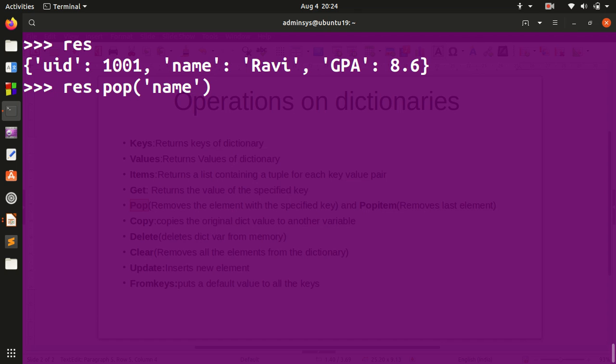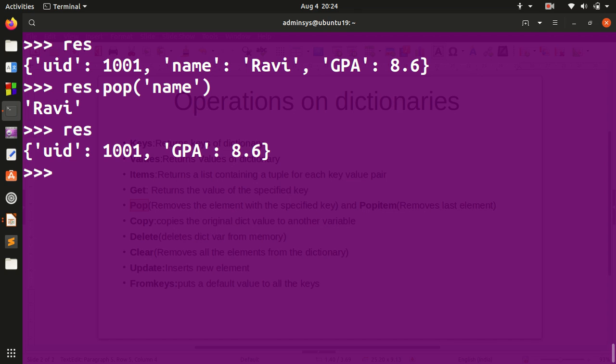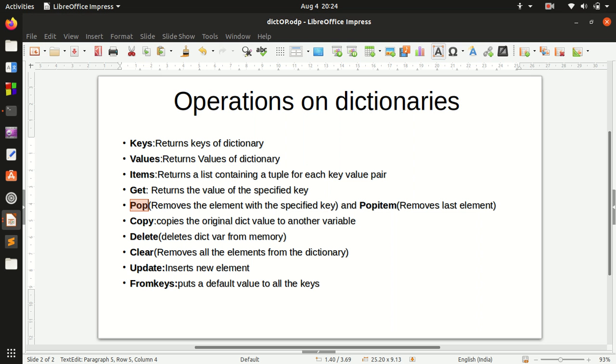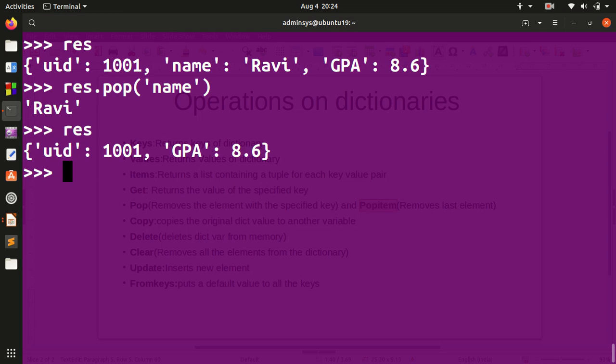Here I'm mentioning the key. If I hit enter, it returns Ravi. That means it removed Ravi from the dictionary. Now if I check the value of res, it returns only UID and GPA.